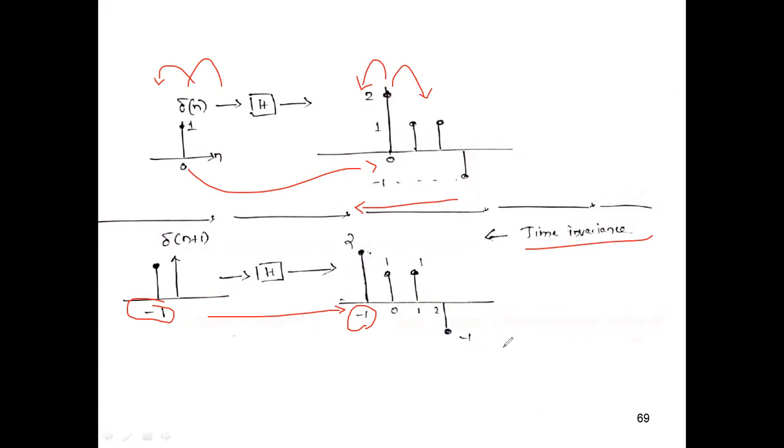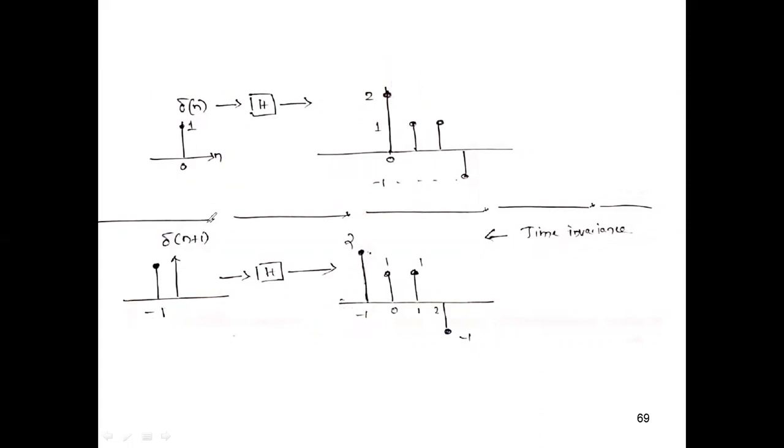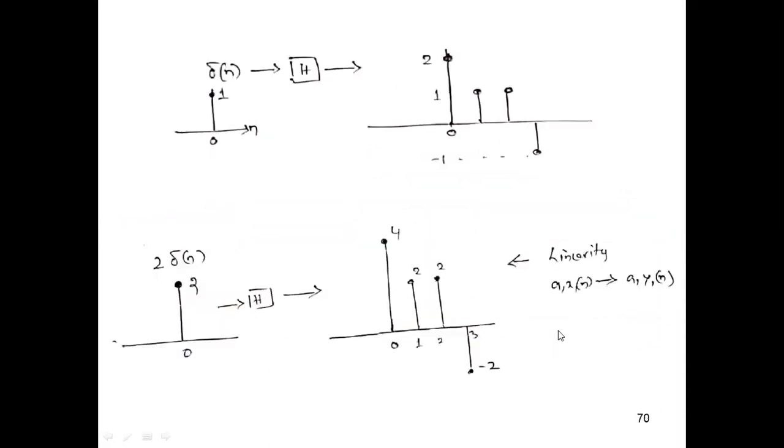So what I have done is, now my input had 3 values. It had delta n plus 1, 2 into delta n, and delta n minus 1. The output due to my first impulse, which was the impulse on the left side, is the corresponding output only due to this particular impulse. Now let us see what's going to happen to the second thing. What was my second input? It was also delta n, but amplitude scaled by factor 2.